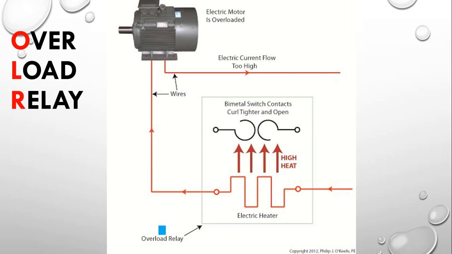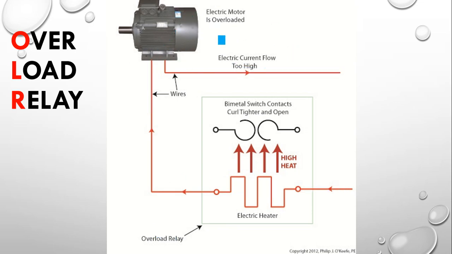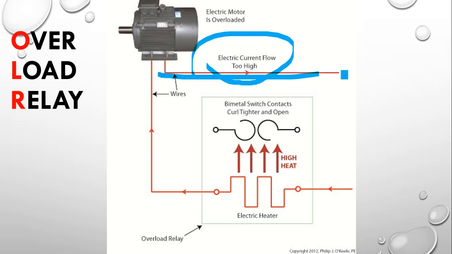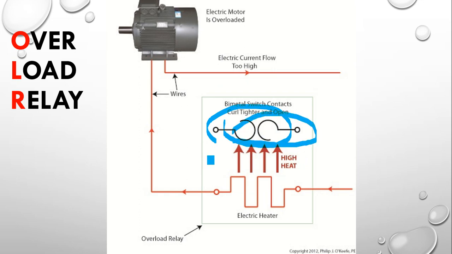Now when the overload relay is working, a motor which is overloaded means it is taking a heavy electric current. With high electric current, the heater will be working, more heat will be produced, and that heat will cause the bimetal contact to open up. Means to say, a normally closed contact is available in the overload relay. Due to the overload, it will be opening out, and based on that switching over, we will control some circuit.